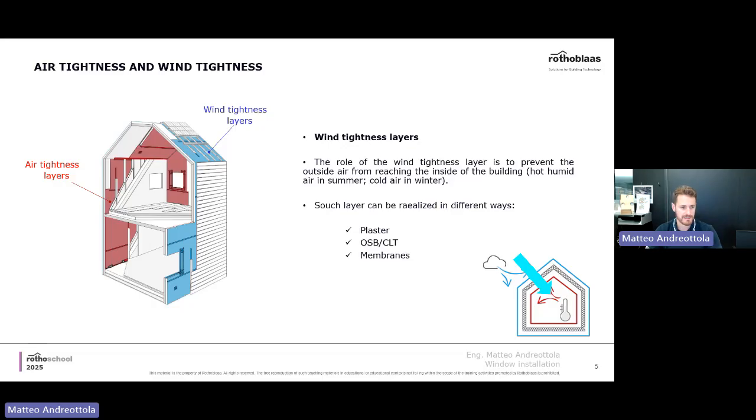What about CLT, cross-laminated timber? Cross-laminated timber, it depends is the right answer for this question. Sometimes it is airtight, sometimes not. And usually this is related to the number of layers that we have in our panel. Because again, wood is a material which is very breathable. And therefore, wood by itself is not airtight, because you know that it has this grain on the inside, which is hollow basically, and therefore air can pass through there.